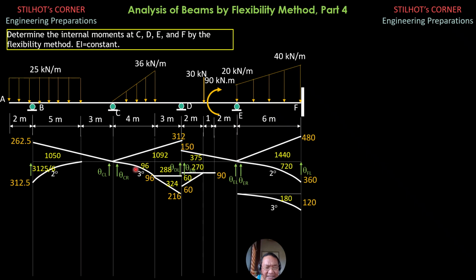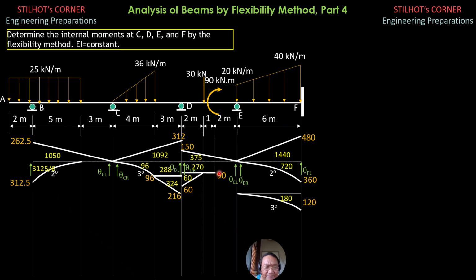Then for the right side, the moment due to this triangular load, 1 half of 4 times 36 times 4/3 is 96, and it is third degree. Then at D, we have a couple, imagine a couple at this end, so that is continued. The area is 288, 96 times 3, 288. Then the force, which is 1 half of 4 times 36, 72, will have further moment at the 72 times 3 is 216, and the area is 1 half of 3 times 216. That's why you have 324.